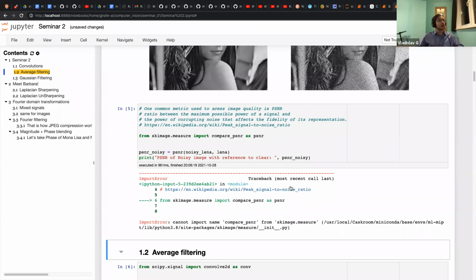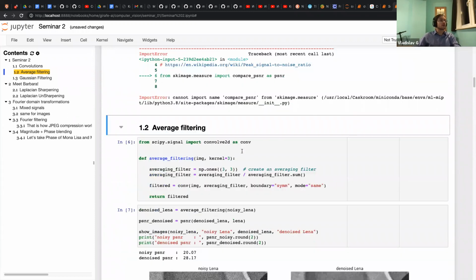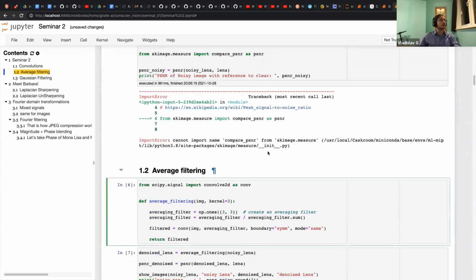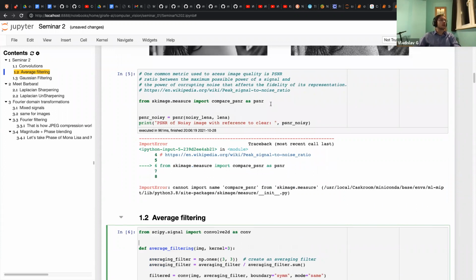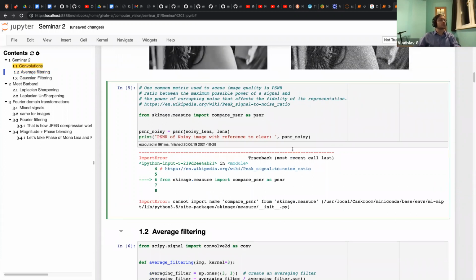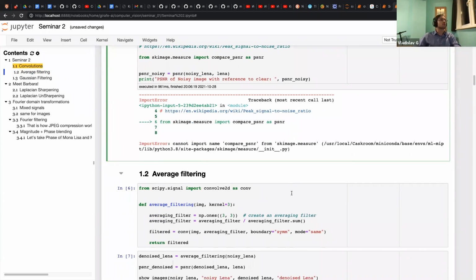Oh, I have a wrong version of scikit-image. Okay, it was here, but now it's not. Well,